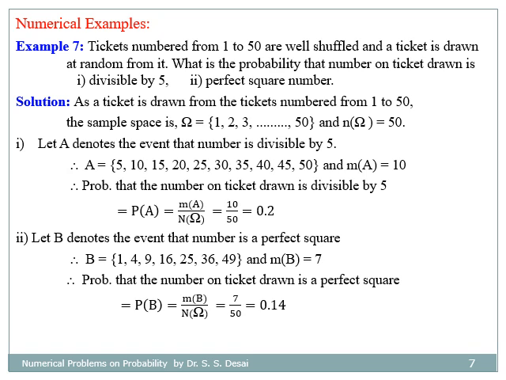Now for the second part, let B denote the event that the number is a perfect square. So there are 7 numbers between 1 and 50, that are 1, 4, 9, 16, 25, 36 and 49, which are perfect squares. And so the number of favorable cases to have a number which is a perfect square is equal to 7, and therefore the probability that the number on the ticket drawn is a perfect square is equal to 7 divided by 50, that is